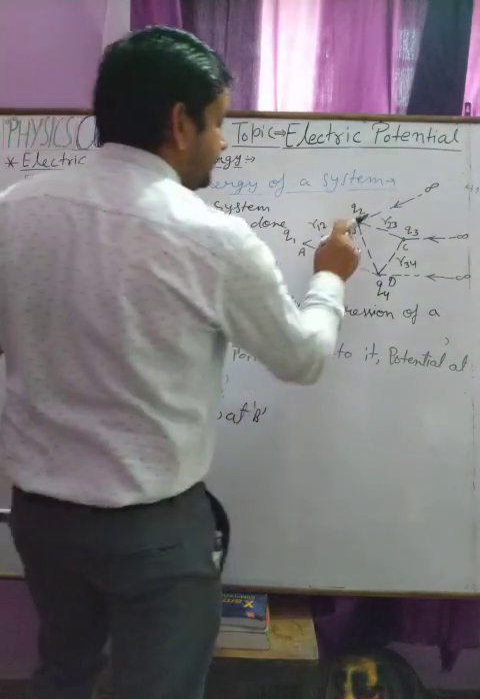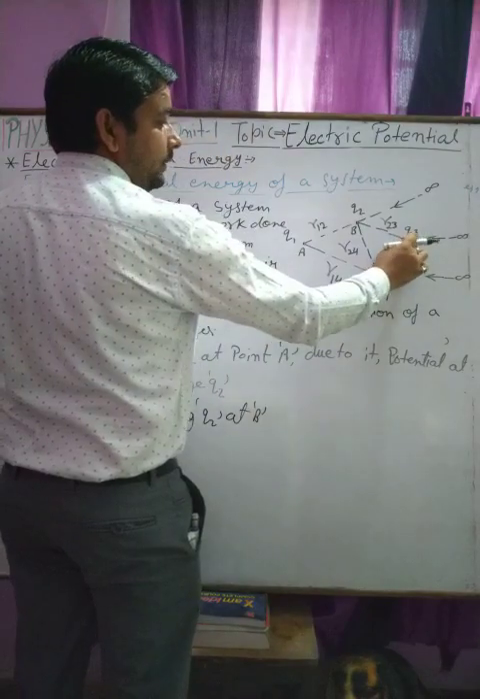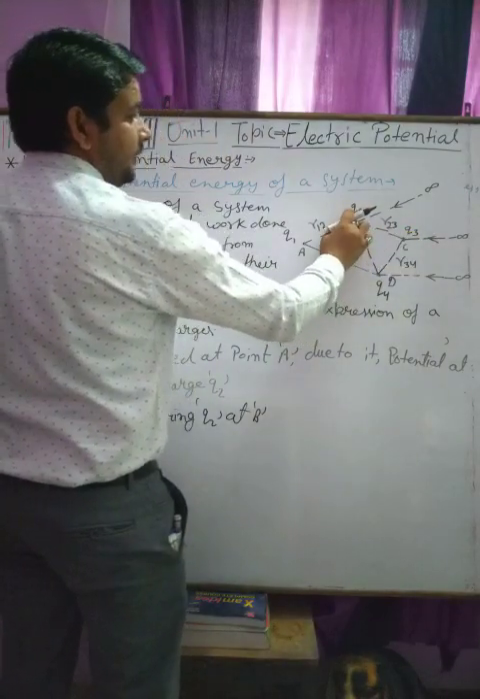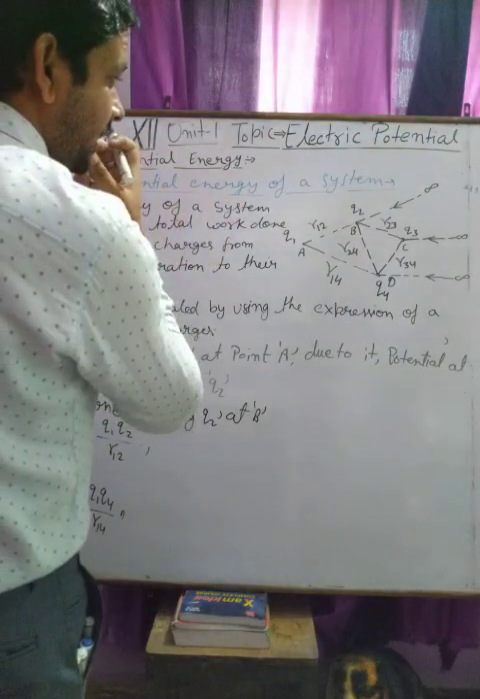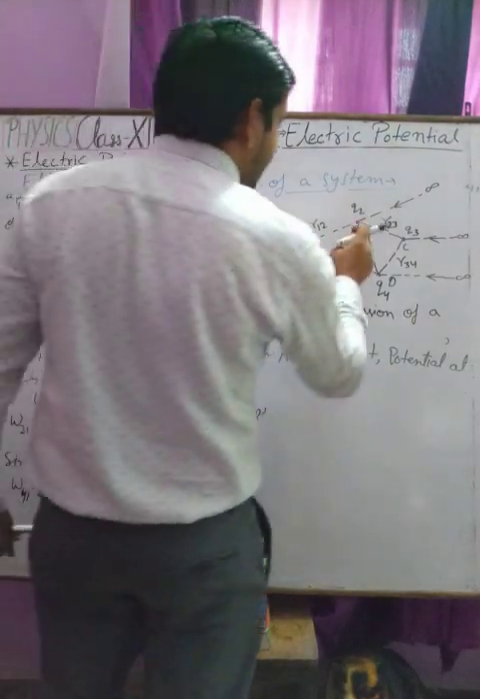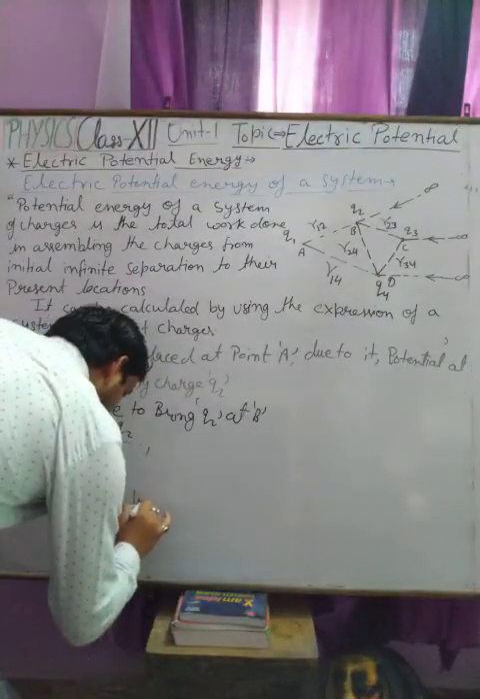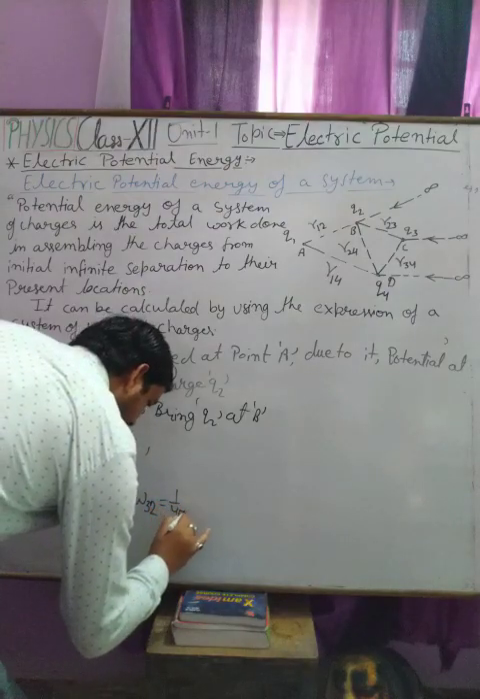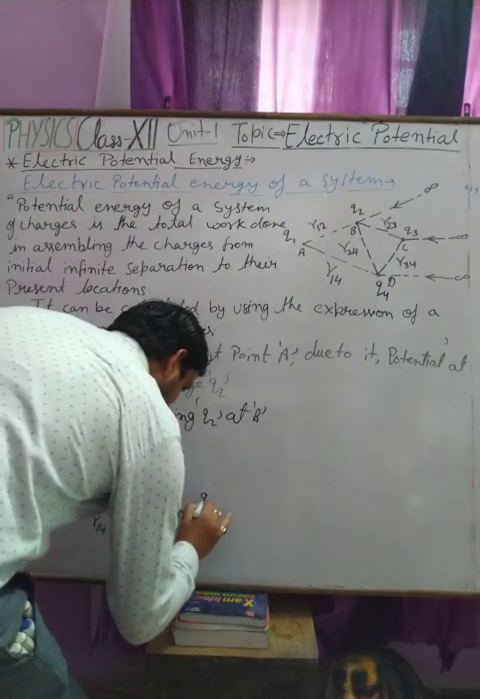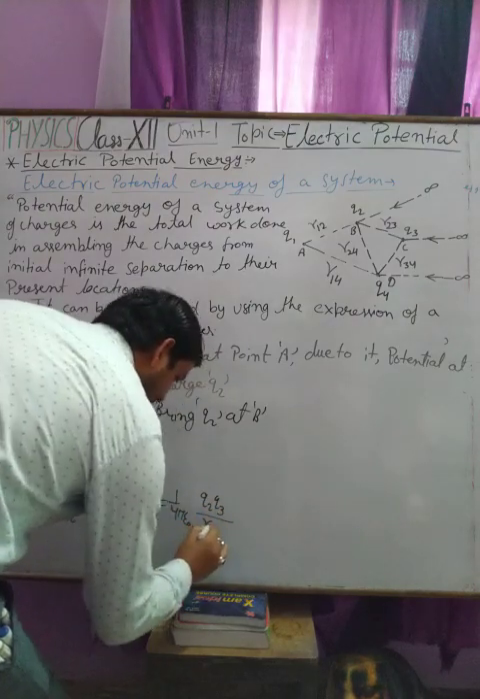Work done to bring charge q3 at C against the force of charge q2 is W32, which is 1 upon 4 pi epsilon naught q2 q3 upon r23,